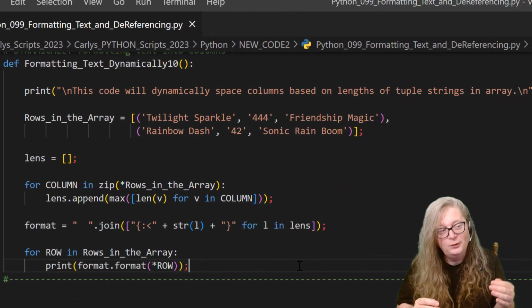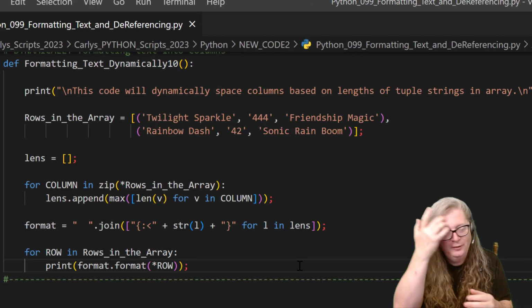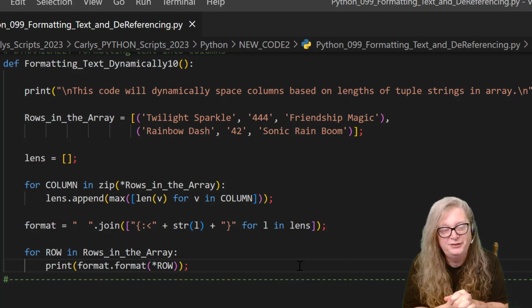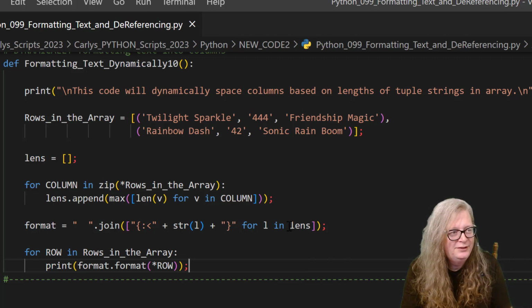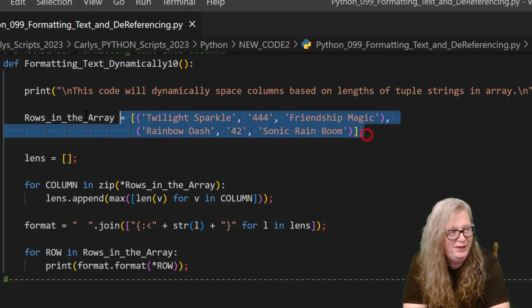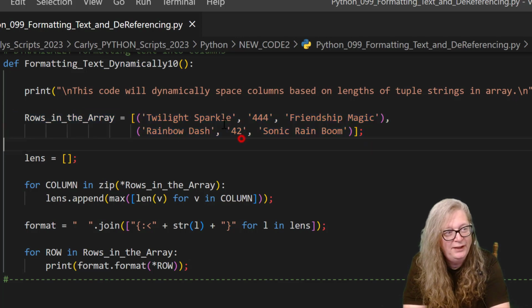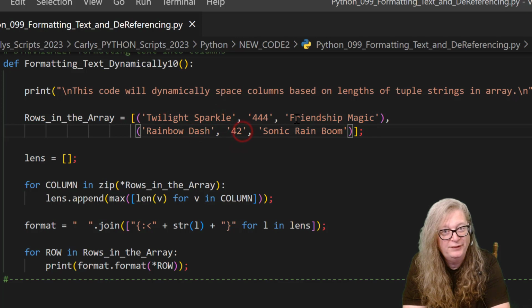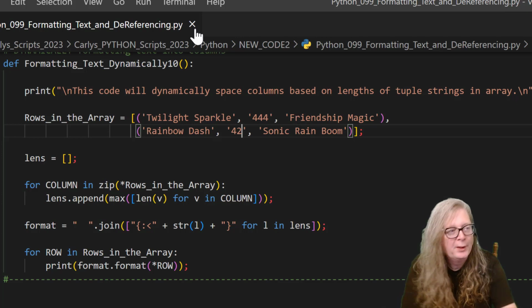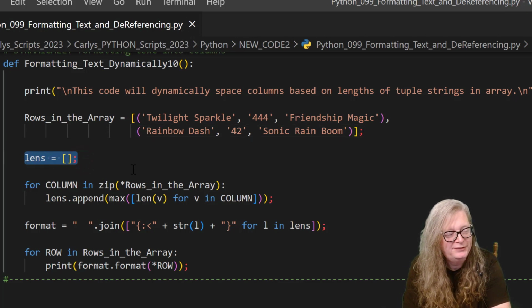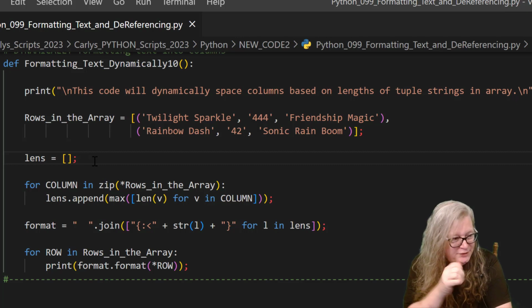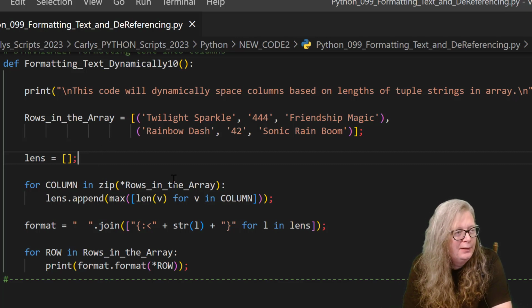In this example, here's a way you could dynamically size your column width based on the size of the strings. Let's say that you have some random collection of string lengths, different bits of data inside of a list object. And that's what we have here, rows in the array. These would be different lengths column-wise because they have a different number of characters, right? Well, we'll create an empty list called lens, which we're going to append different elements to. So for column and zip,